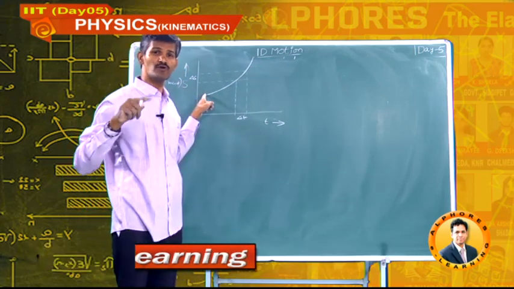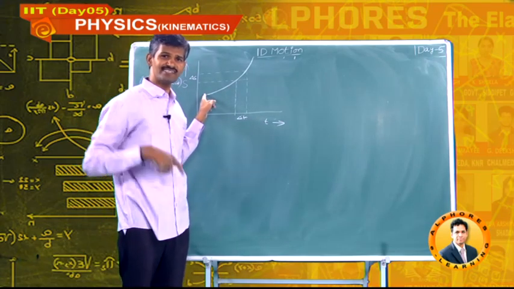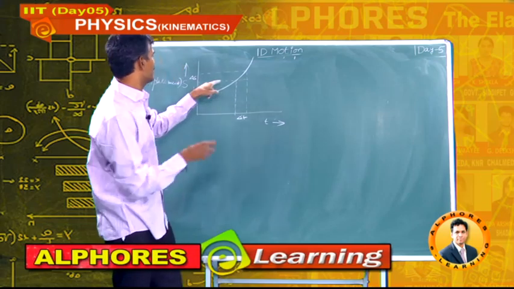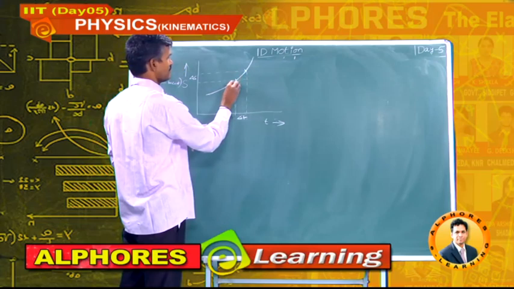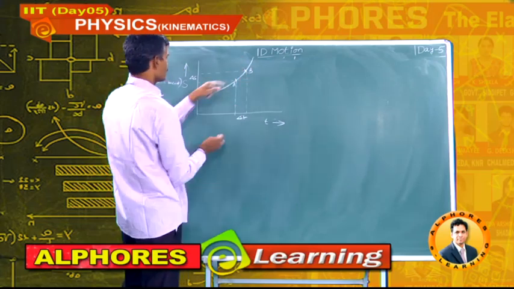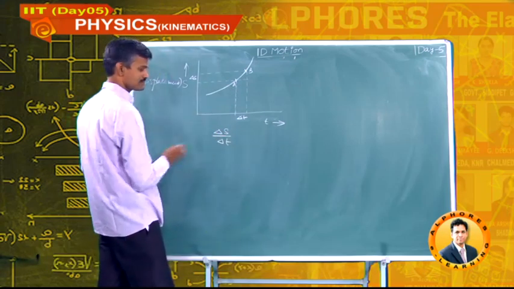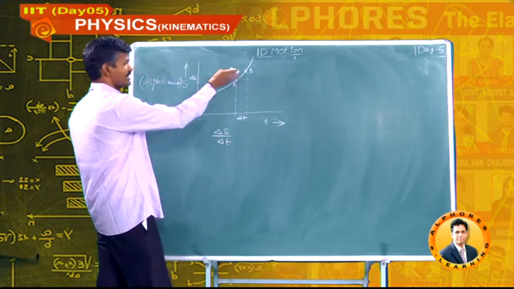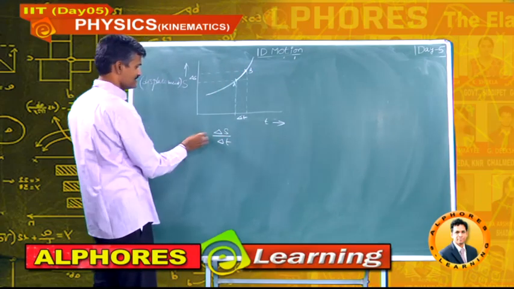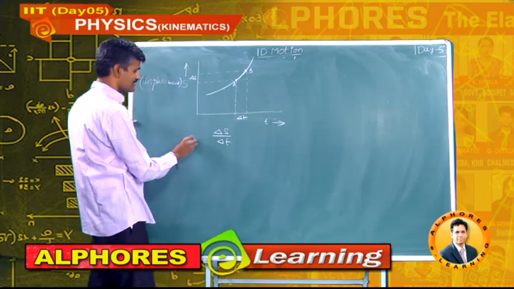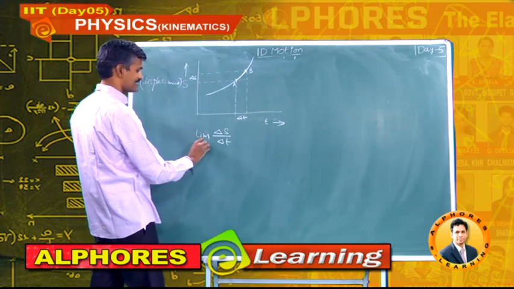Variable slope gives velocity. Variable slope means velocity is different at different instants. So, I am calculating the slope for a small particular interval, some a to b. Slope is given by delta s by delta t. This gives the velocity in this interval. Actually, it is a curvy line, so I can apply limits, that is, limit delta t tends to 0.